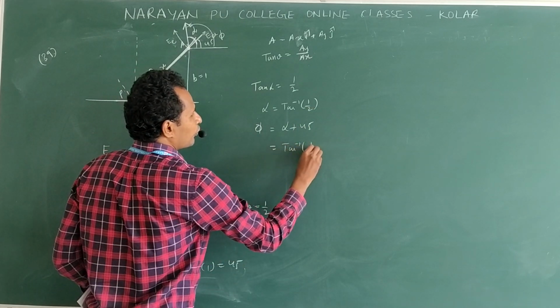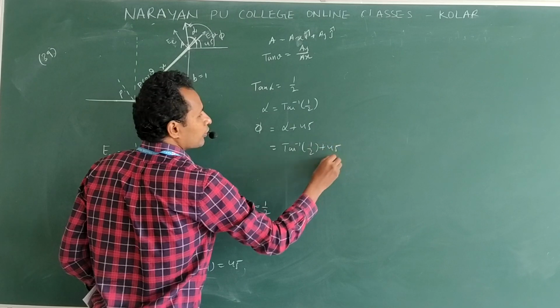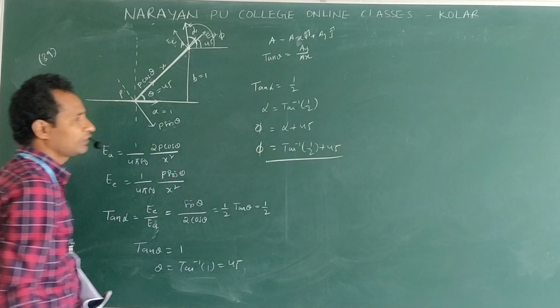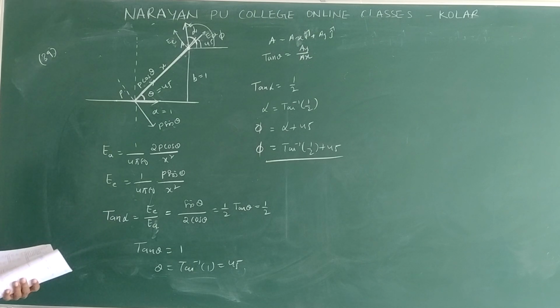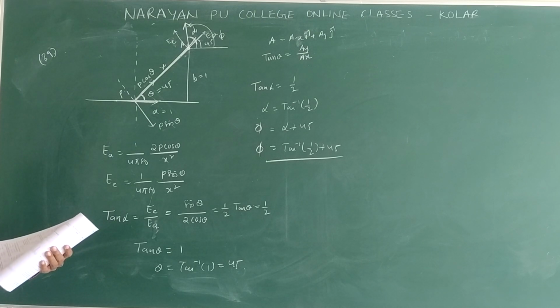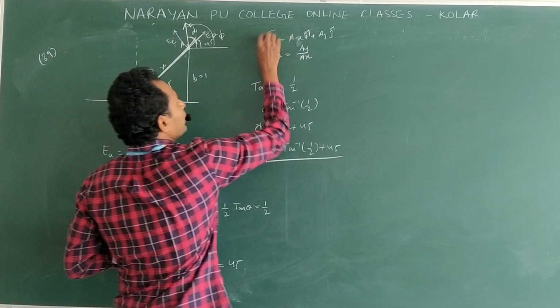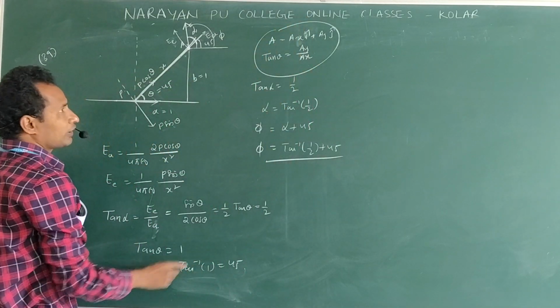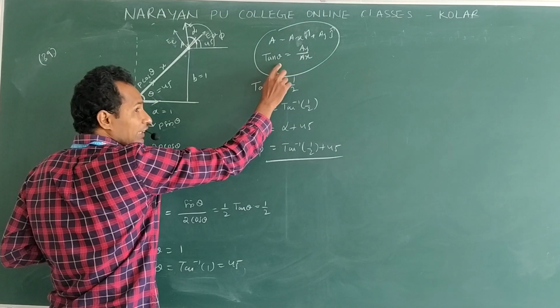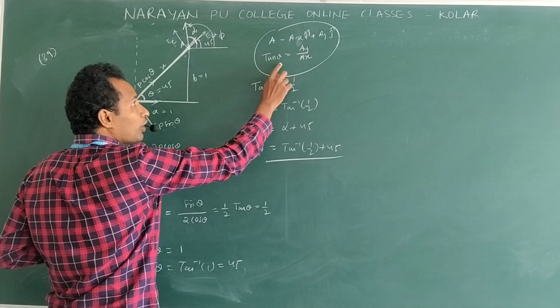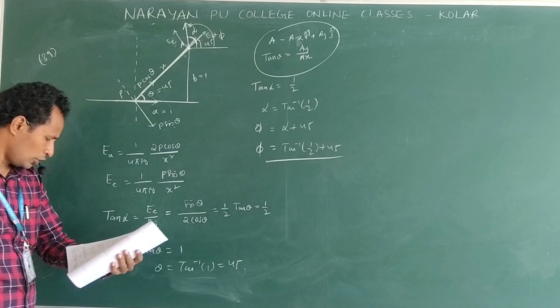Tan inverse of 1 by 2 plus 45. This is the final answer. It is pi by 4 plus tan inverse of 1 by 2. Clear? Don't mix this here. This is only to understand vector angle with x-axis I given. Clear? You already studied in first week. So option